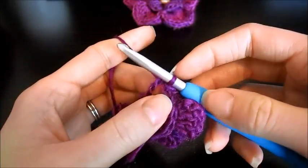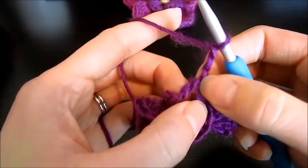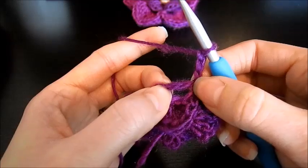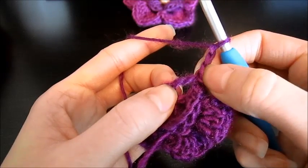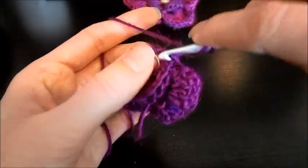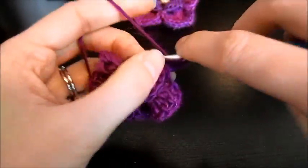Okay, now we're going to be working with double crochets again, so we're going to chain up 3, and we want to have a total of 10 double crochets into each one of these gap loop spaces. And since the chaining of 3 counts as 1 for this first time around, we're going to double crochet 9 more times. Okay, so that's 2,